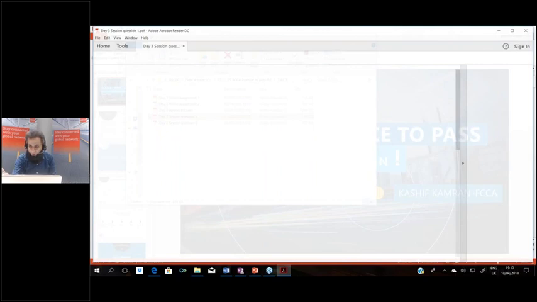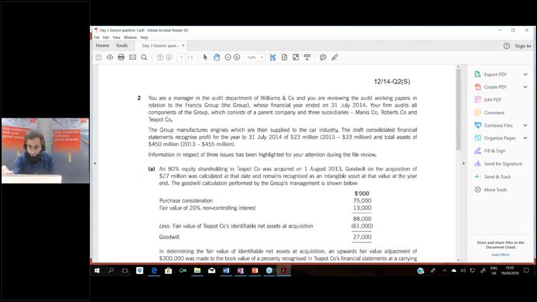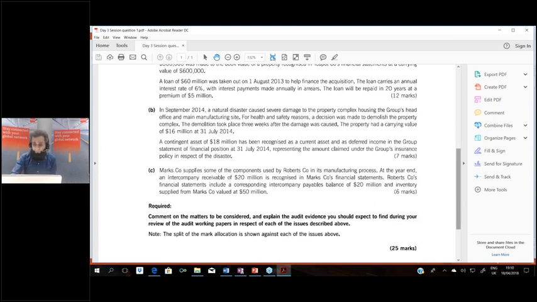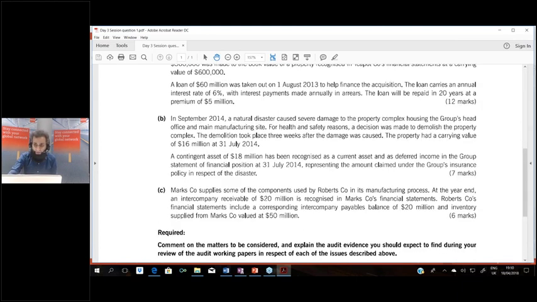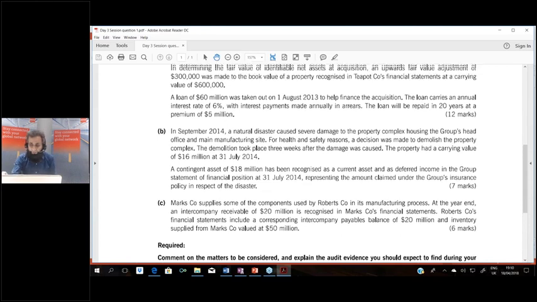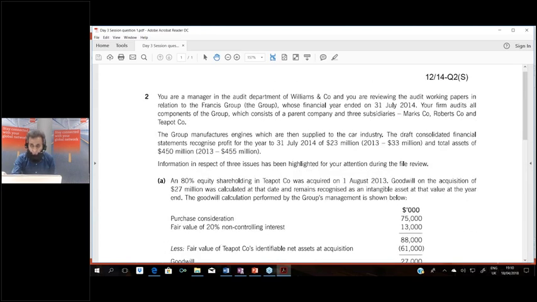The first question that has been chosen to illustrate the type 1, which is the most common type which comes in exam paper. If I scroll down, December 14, question number 2, is the one we are doing, which is basically the session question 1 in your handouts. If I go down and I see the requirements